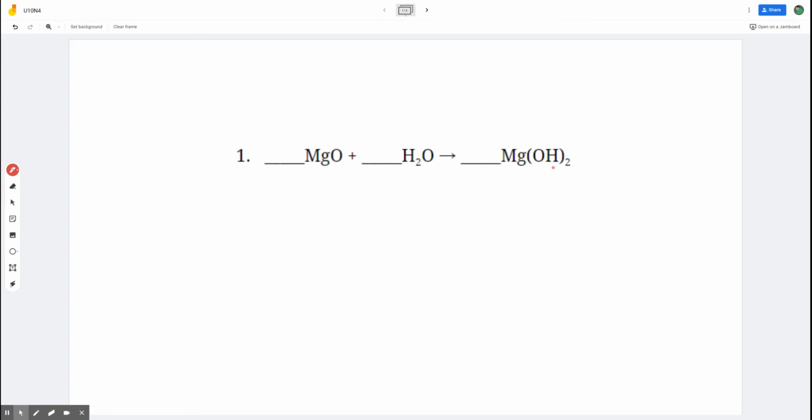So this OH in parentheses is called a polyatomic ion. What this means is certain elements like to stick together and they form molecules that then attach to other atoms to form larger molecules. And when you see these parentheses, this subscript applies to both things. So this is kind of like, just for counting purposes, OH2 like this, just for counting purposes,